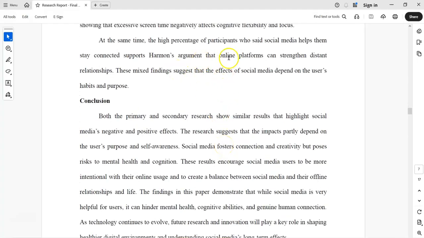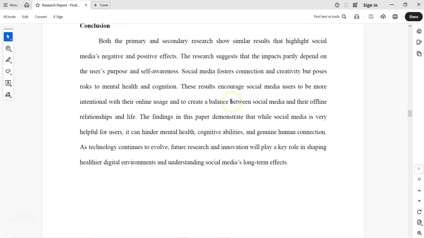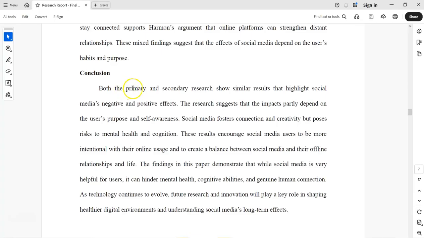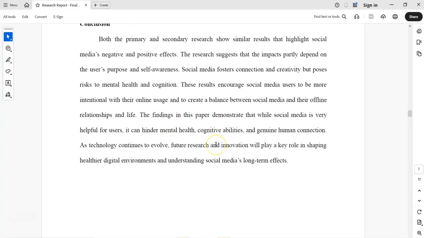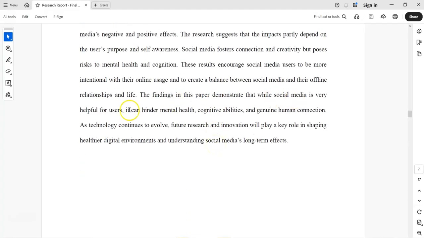You give them a last point here, and then you have your conclusion. Conclusion looks like it's good, short and sweet. Talking about the primary, secondary research shows similar outcomes, suggests this and that. These results demonstrate that while social media is very helpful for users,